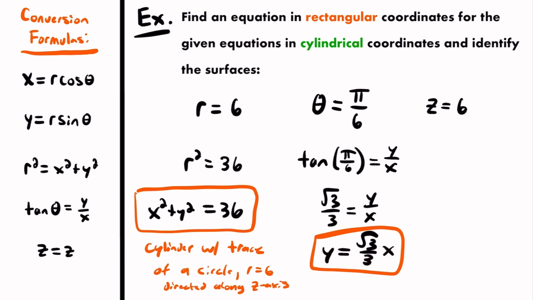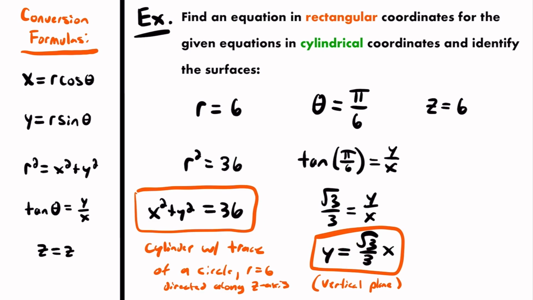But notice that the trace that it would represent is a trace of a line, okay? This is just a linear equation. So if you projected this along the z-axis, you would just create a plane. All right, so this just represents a vertical plane. I'm not going to get more specific than that. Obviously, the angle of that vertical plane is pi divided by 6, but it's just good to know that that